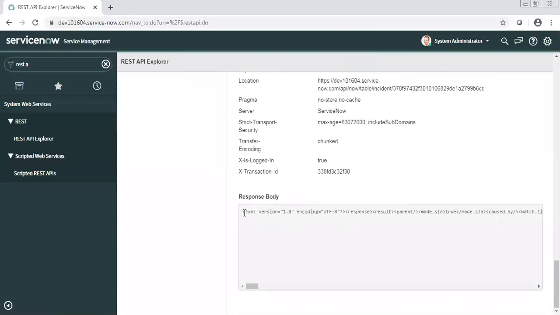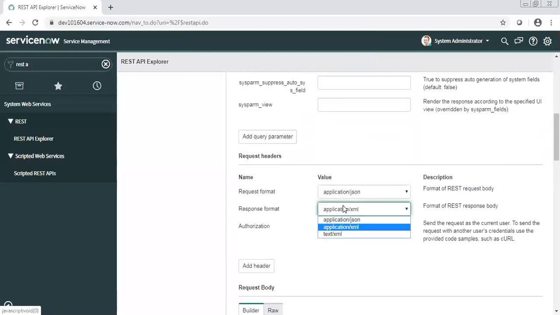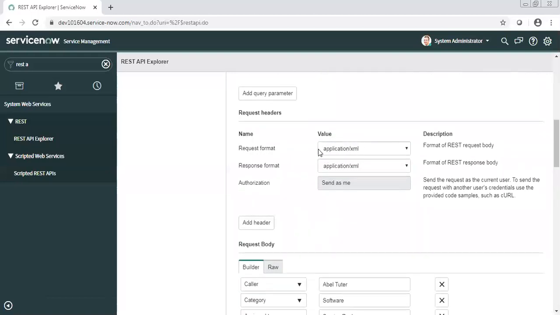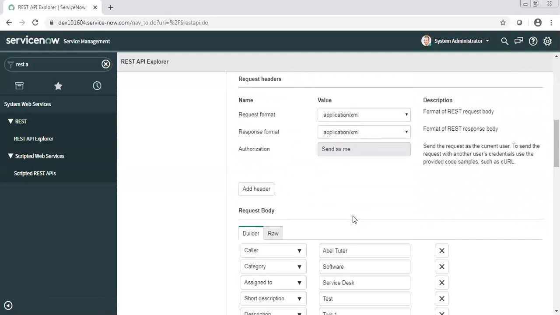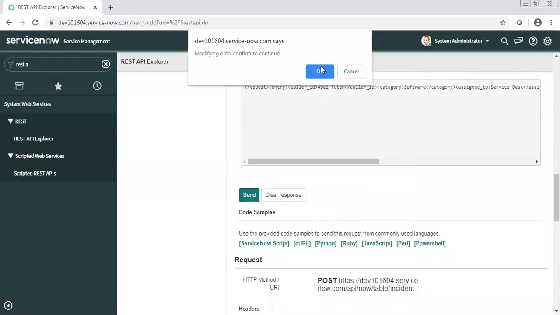Now, as you selected JSON, the response they are going to get is in JSON. Usually in case of REST, we use this JSON format only. And if they send the request in JSON as well, then both request and response are in JSON. But if they want to receive and send in XML format, then you can select XML here.